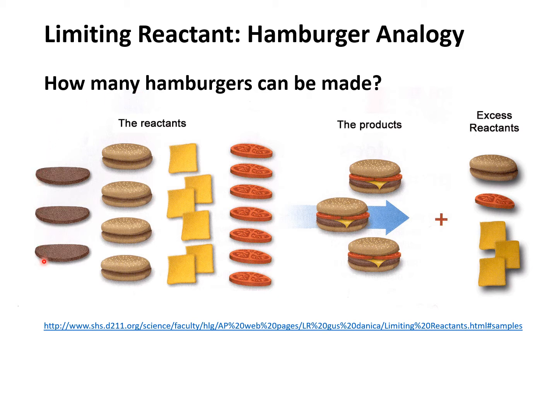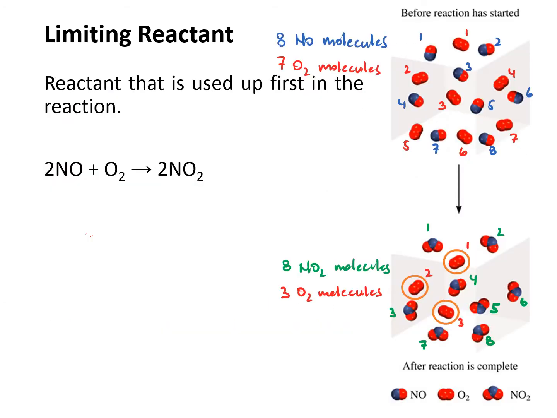The hamburger patties, therefore, are the limiting reactant in this case, and the buns, cheese, and slices of tomatoes are the excess reactants. Now let's look at the reaction between nitric oxide and oxygen to produce nitrogen dioxide. And let's say we start with 8 molecules of NO and 7 molecules of oxygen, as shown in the diagram on the right. We can analyze the reaction by looking at the initial number of molecules that we start with,